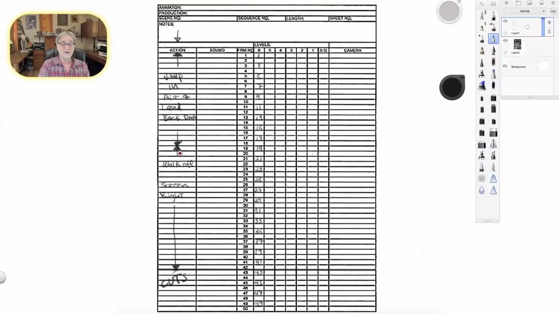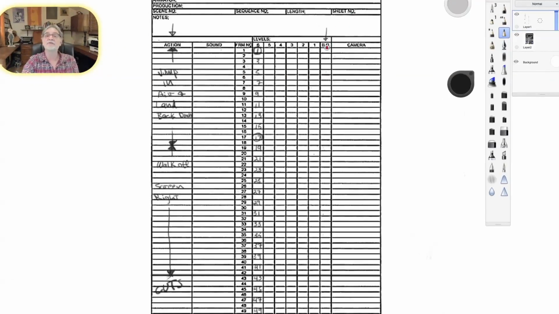Now, the character is jumping up and down in this area from frame 1, right there, down to frame 17. That means this is the area where I know that the action of the character jumping up and down is going to happen. And I know that action is fast. It's going to be boink, boink, boink, boink. She's moving fast. And here's our BG background. Don't worry about that right now. It just means look at the first video, where I explain what all the different layers do.